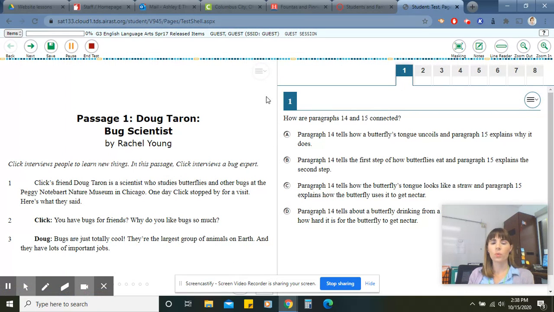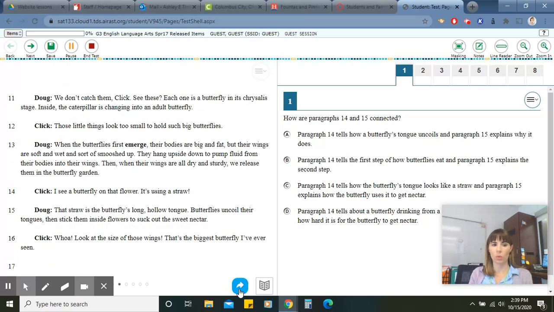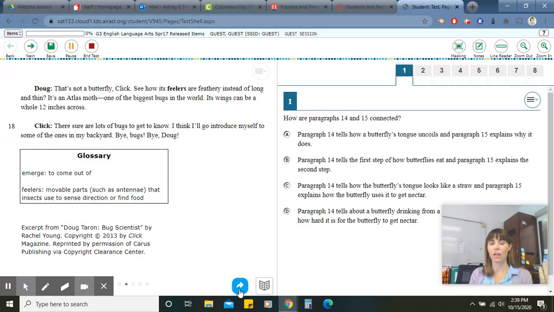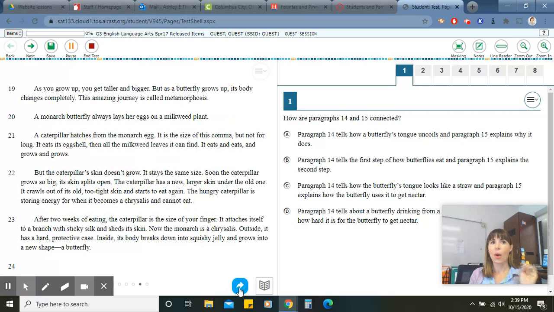Okay, so rather than on the left-hand side where the reading is, rather than having the little scroll bar where we move up and down, it's going to read more like a book where you're turning pages, and there will be an arrow for you to kind of turn the page, and it will show you page by page, kind of like an e-reader or a Kindle or something. The Ohio State test is set up like the first one I showed you. There is a way to make it look like this, to make it look like a book,